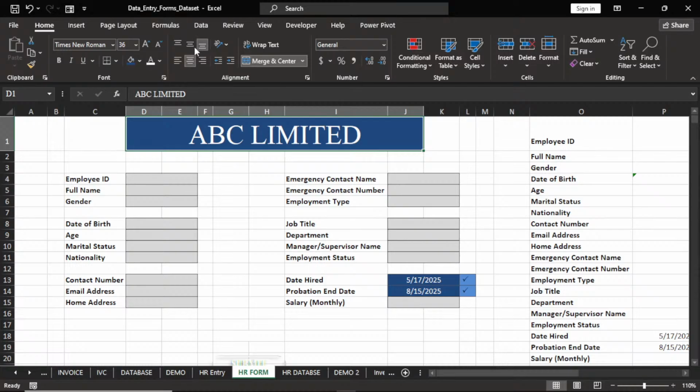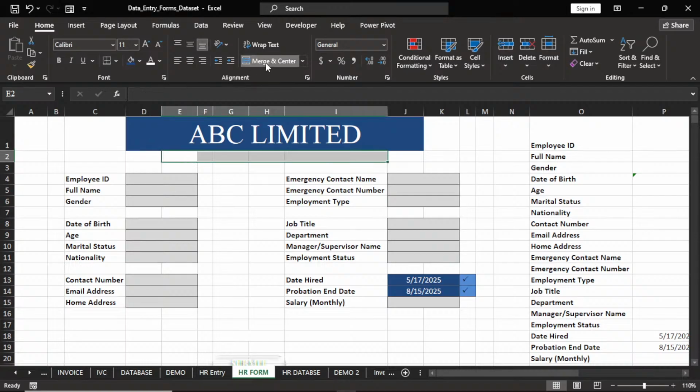Increase this, make it center and middle, and then we can come here as well, merge and call it